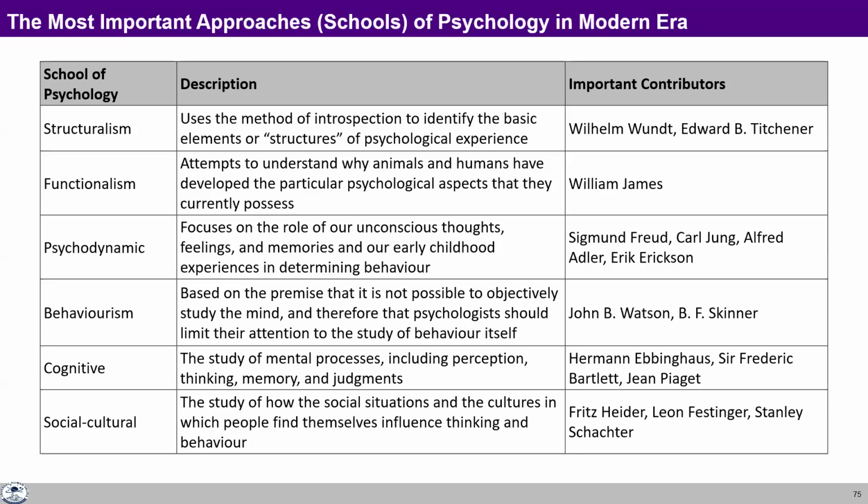So for the first time in the modern era, somebody was trying to deal with psychology the same way as scientists were dealing with physics, chemistry, or biology. And his student was Edward Titchener. So they both conducted experiments in their lab. They had multiple experiments that they conducted. And through that, they tried to draw some conclusion.